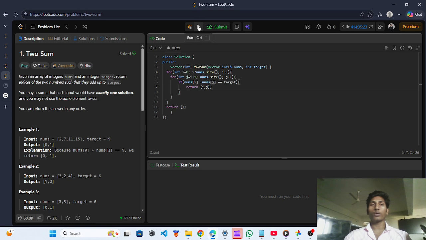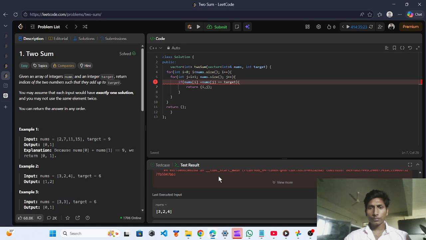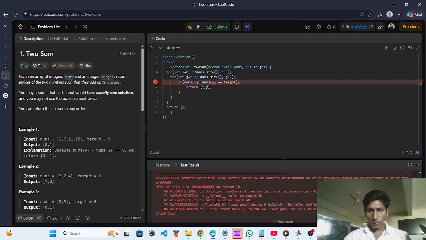So run the solution, and we find one error. Which type of error is this?